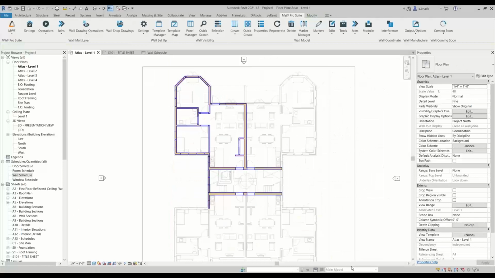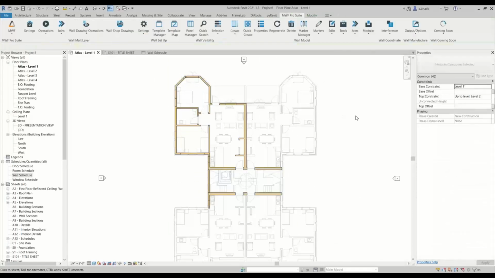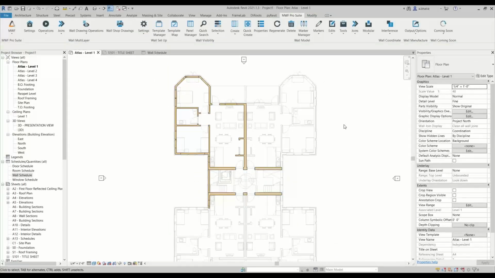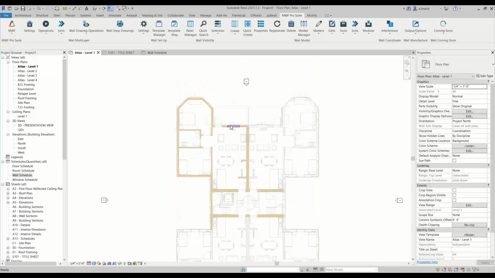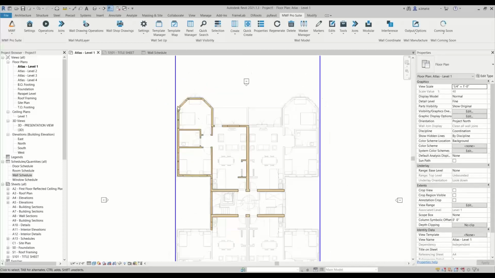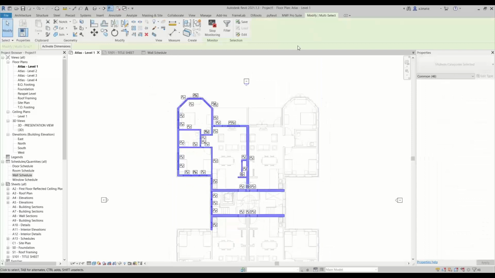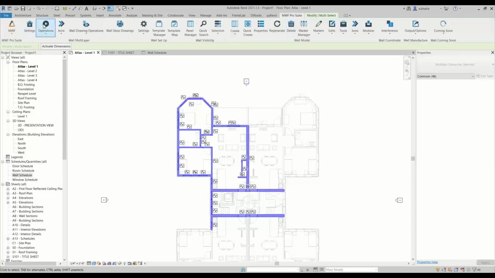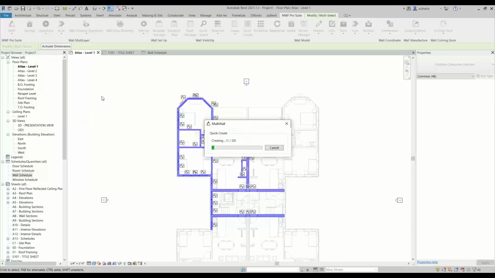You could basically just select all your walls, go ahead and auto join, and it will auto join all of your walls for you. And then the main part of the show is, since all of our settings are set up, I don't have to play around with MWF at all. I just go ahead and go quick create. And yes, there are 20 walls. Hopefully they'll be pretty quick. But yeah, we'll just quick create all of these walls and you will be pretty much like 70% done, I would say,